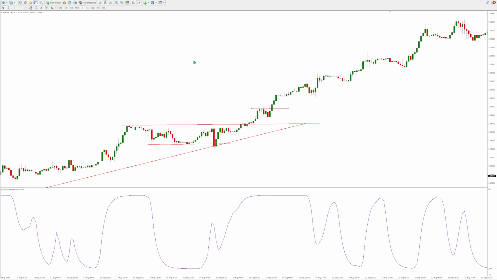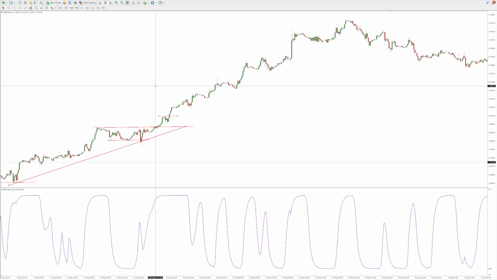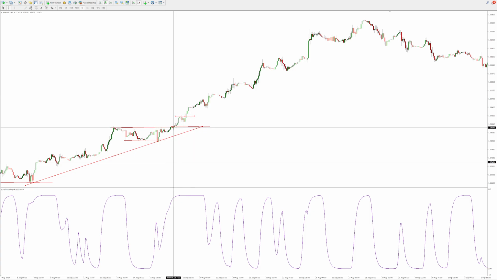I don't see why I'd want to pull my hair out trying to scalp a few pips on the 1 minute or 5 minute charts when I can capture big moves like this for hundreds of pips by trading smart, not hard, less time chart watching, which is great. So if we take this breakout trade here, okay, profit potential almost 400 pips on this trade, stop loss just below the recent low, so around 20 pips, which is a relatively tight stop loss for the 1 hour chart